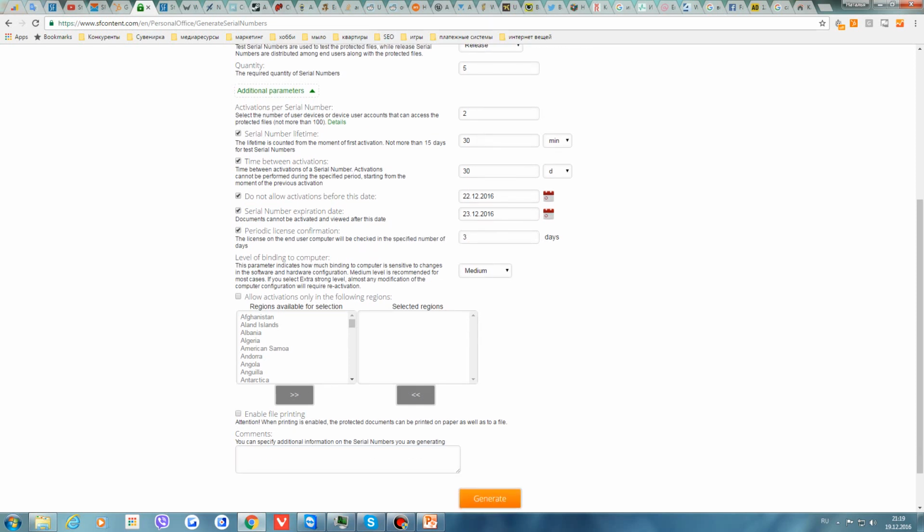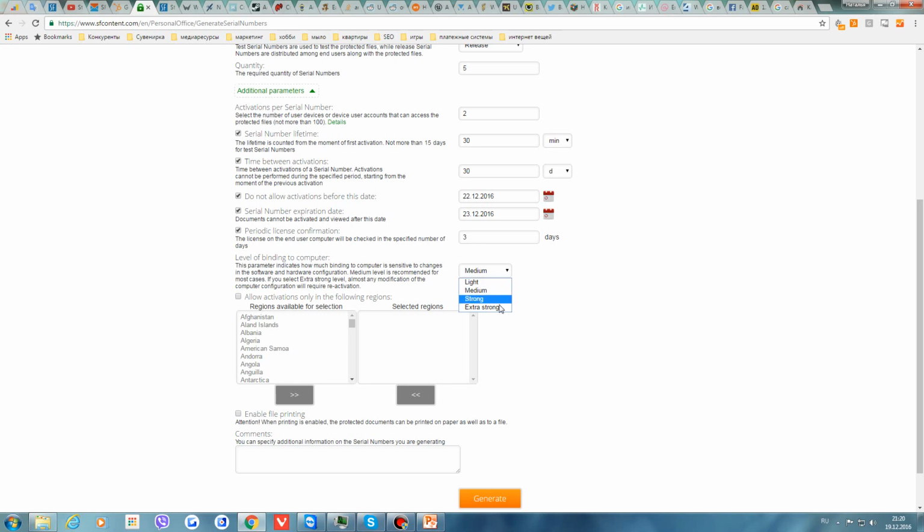Level of binding to computer. Usually people can upgrade their computers, can change something. For example, to upgrade Windows operation system. Of course, when a person changes something in his computer, it means that it can be another computer. This level of binding determines what kind of changes you can allow.